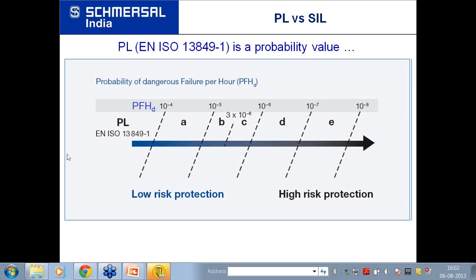Mr. Nitesh Jobhe has asked a question: is it necessary to use different PLCs for safety and control logic? It is up to you. Nowadays, PLCs are coming with integrated safety input-output cards and integrated control logic cards, which are single channel. So in the same PLC, you can achieve safety as well as control. Otherwise, you can always use a safety PLC for normal control logic, but then it will be a costly affair. But you can always use it.